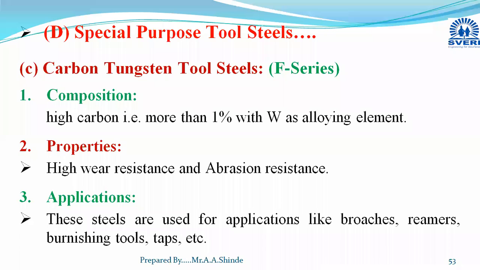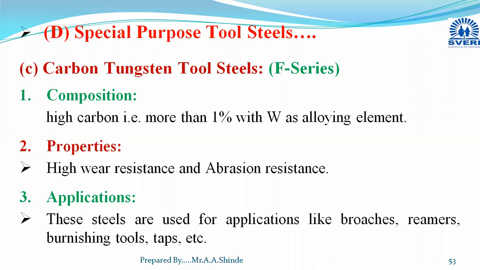Then carbon tungsten tool steels, which are denoted by the F series. Here, these carbon tungsten tool steels are nothing but high carbon steels with more than 1% carbon percentage, along with tungsten as the principal alloying element. Okay, with more than 1% tungsten as the principal alloying element,